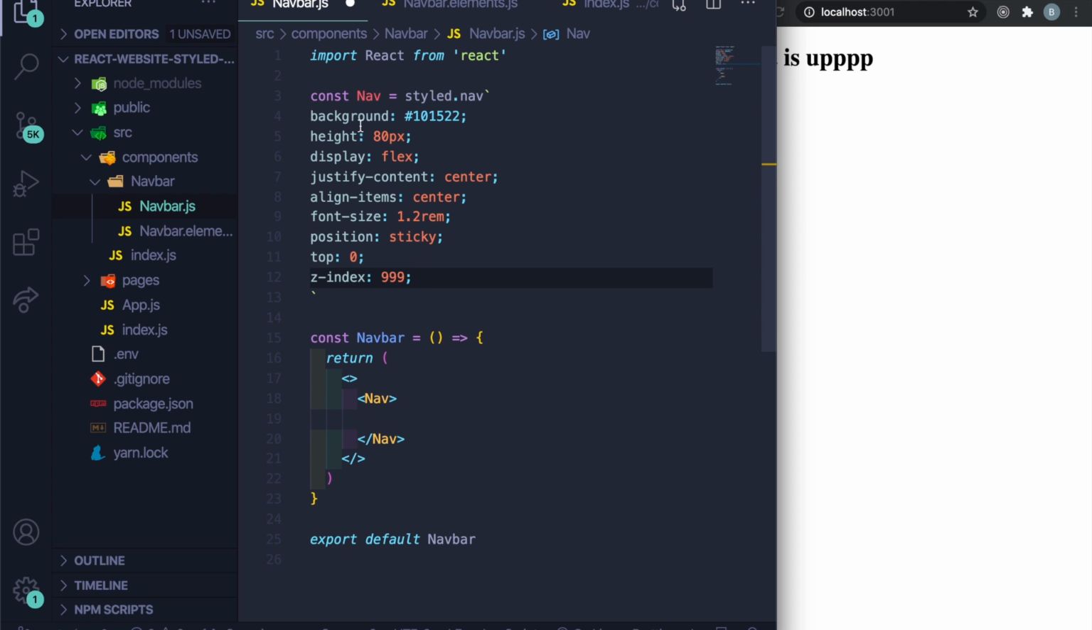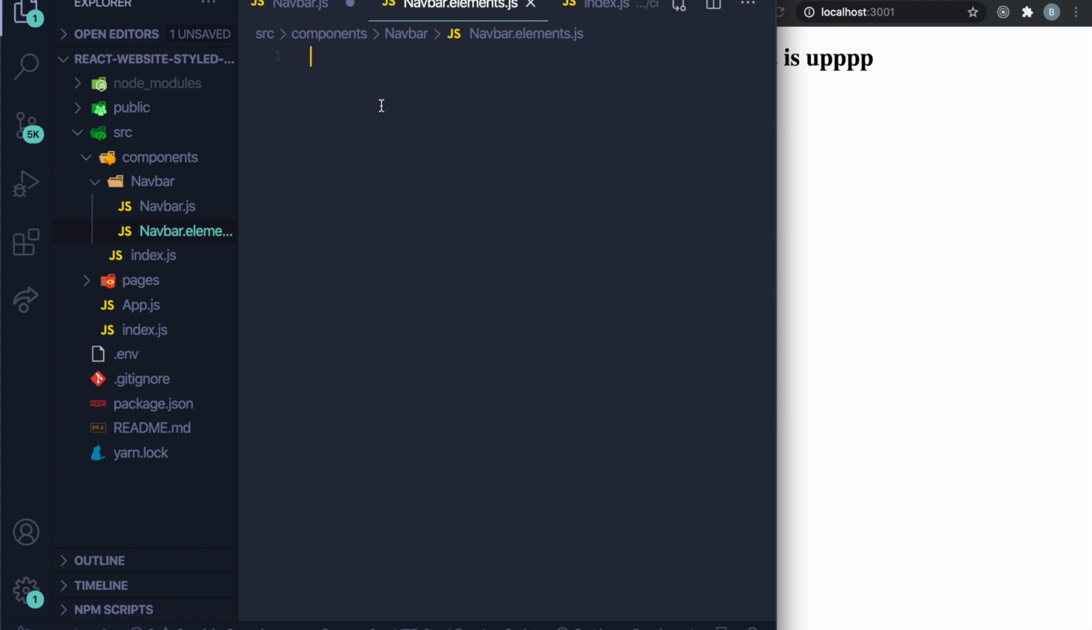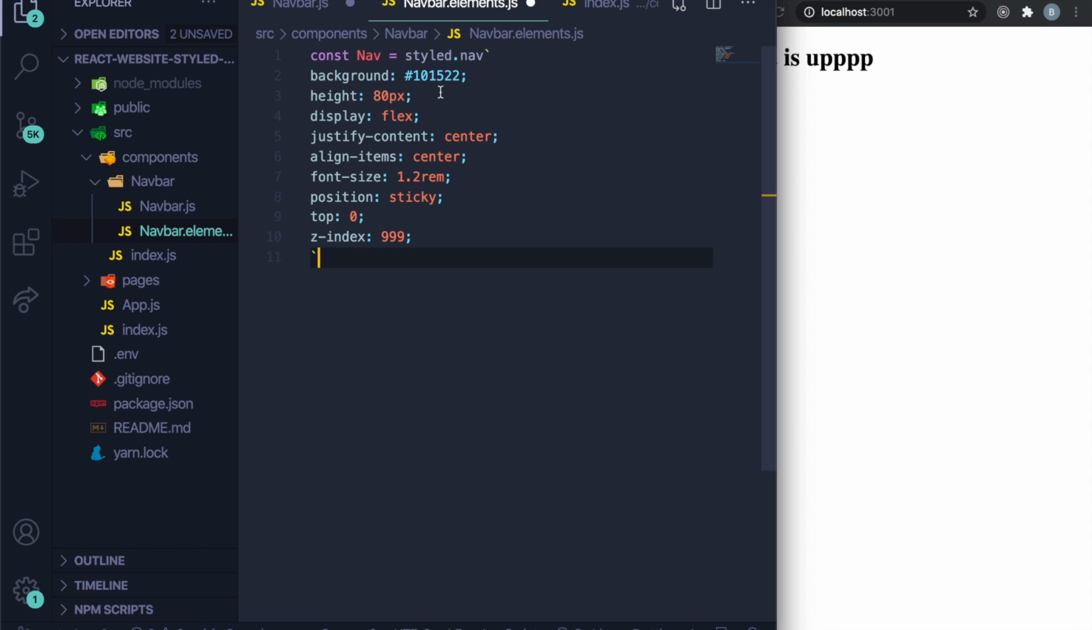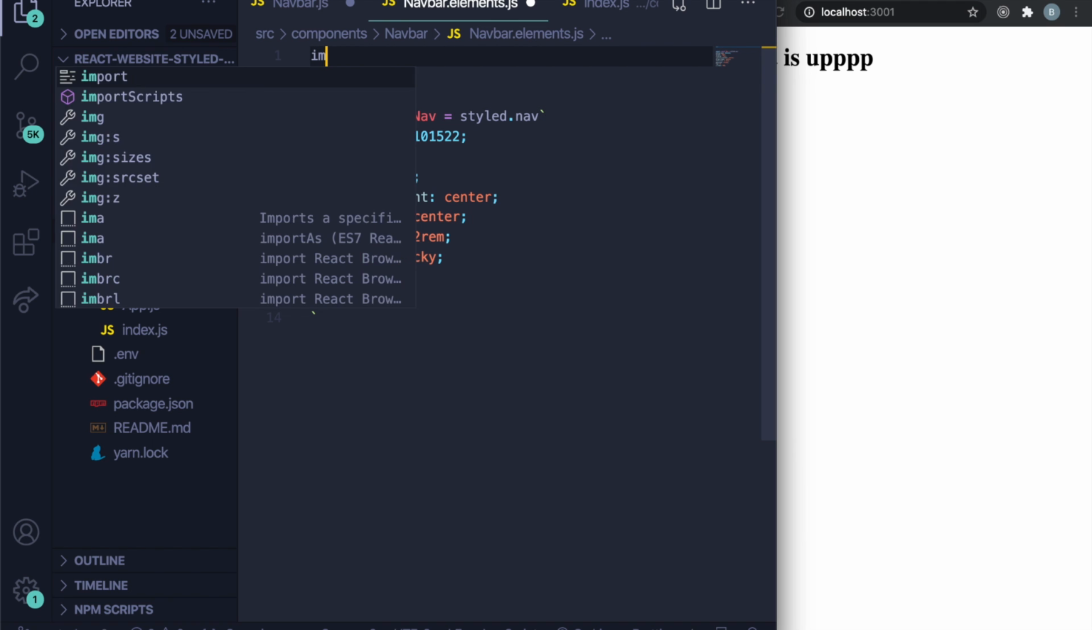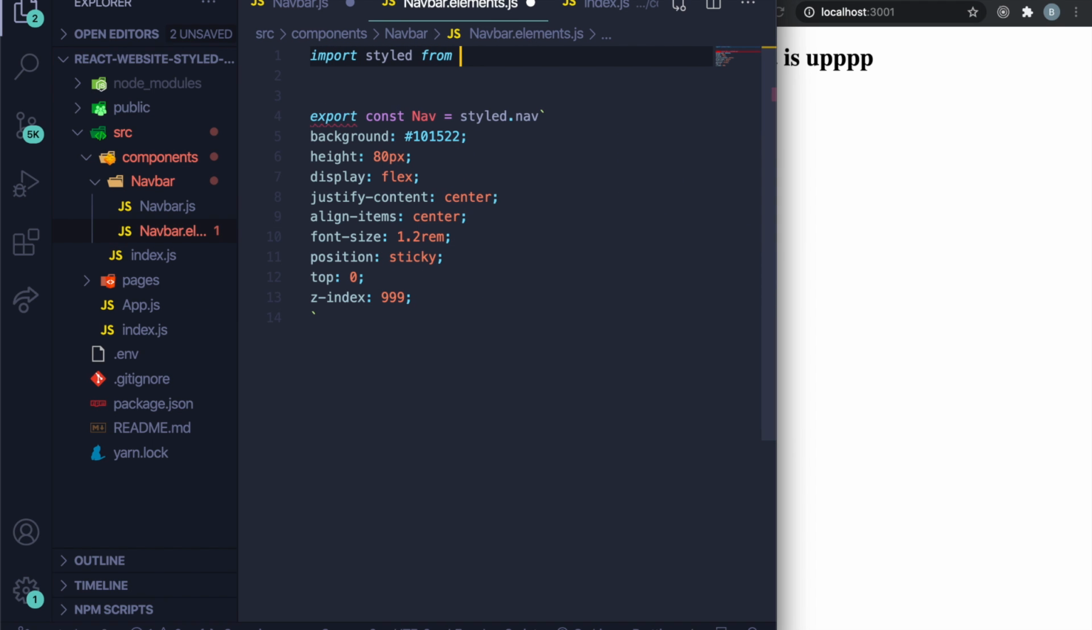And then what we're going to do is actually bring this into the navbar elements file. Let me Command X this, and then go to navbar elements. And then all we need to do on the navbar elements is, one, we actually have to install styled components too, but let's just paste this in for now. And then we have to make sure we export it. So I'm going to say export const, and then let's go to the front of it, enter, and then let's say import styled from